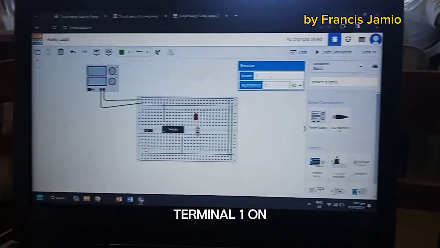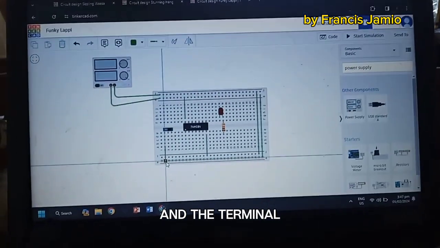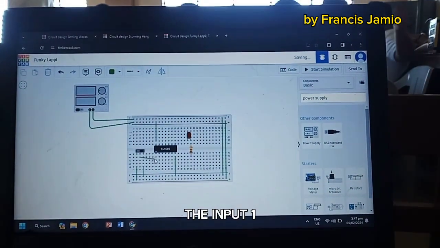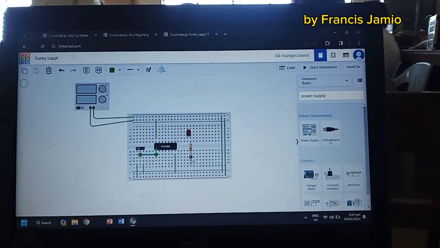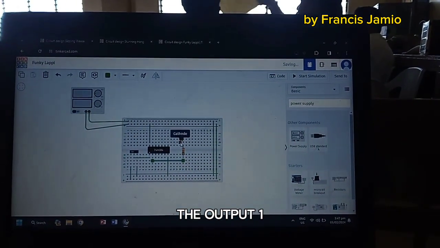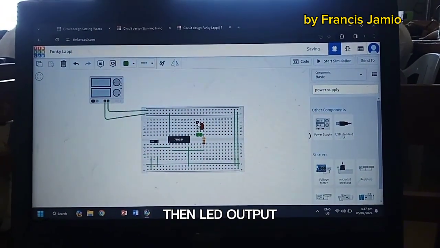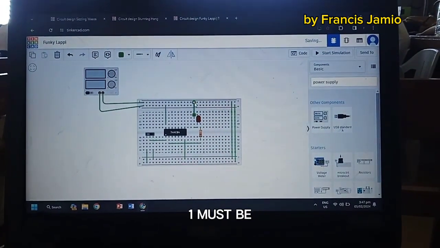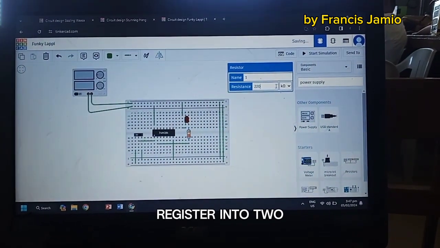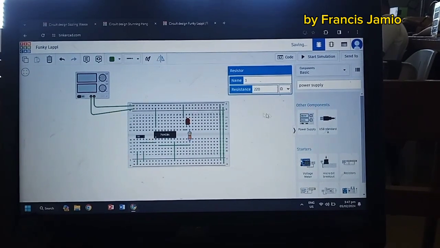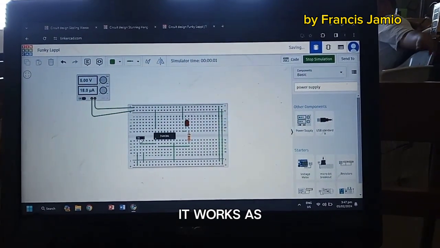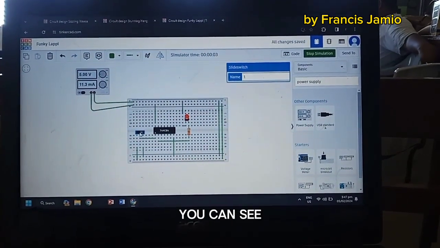Then put the terminal 1 on the positive and the terminal 2 on the negative. The common ground must be on the input 1, and the terminal 1 of the resistor is on the output 1. Then, LED output 1 must be on the negative. Then change the resistor into 220 ohms. Then start the simulation. Try it if it works. As you can see,